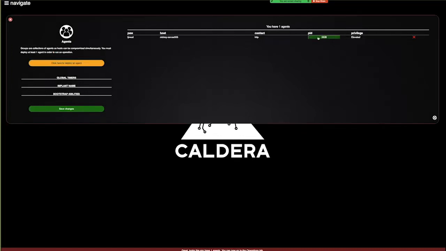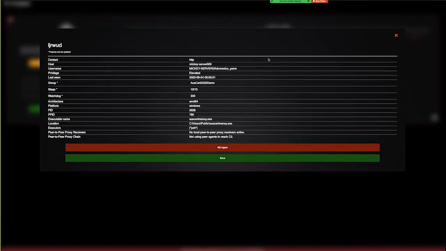So as you can see, I've already got an agent deployed on my web server, and it's an elevated prompt. I use PowerShell. One thing I'm going to grab straight away is this process ID. The reason why I'm grabbing this process ID is that I'm going to use it later when I'm trying to do the detections. So I can kill the agent, and I can see a lot of the information about this.